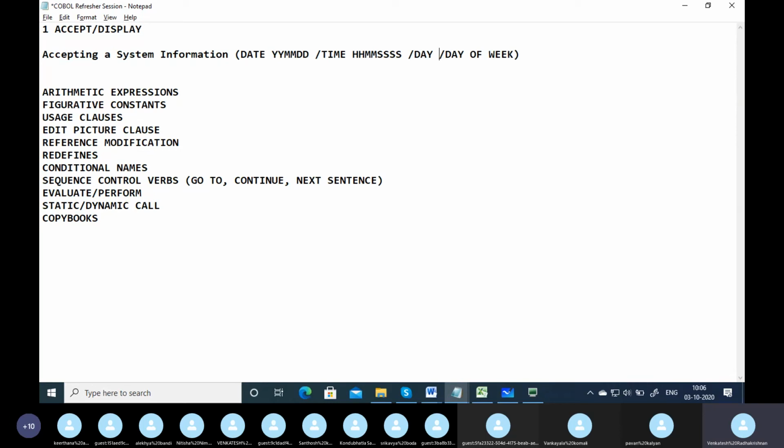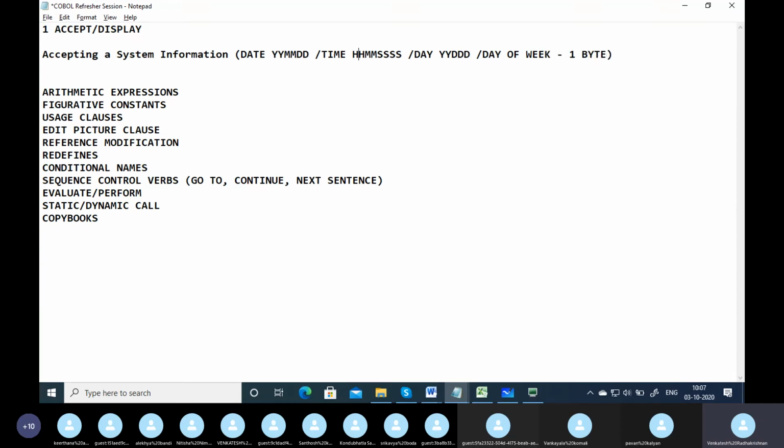For example, Julian date is in this format YYDDD. YY stands for the year part and DDD is a running date. For example, on January 1 the Julian date is 1. On February 1st, the Julian date is 32. It's a running date. On December 31st, it will be 365. That is Julian date. There are different date patterns used in software technology, and one such type is Julian date. And day of week is only 1 byte.